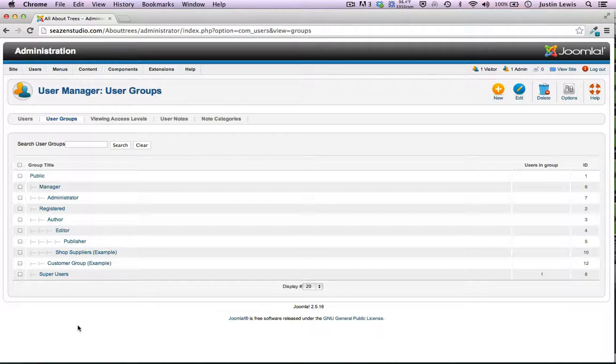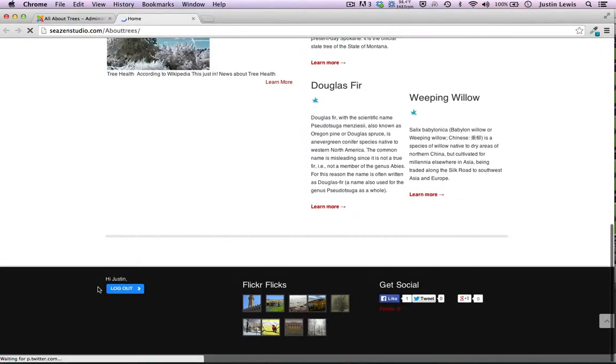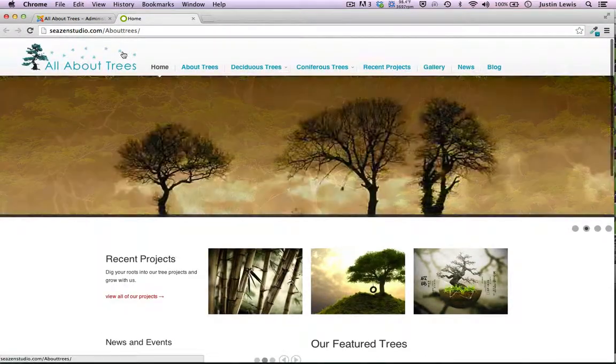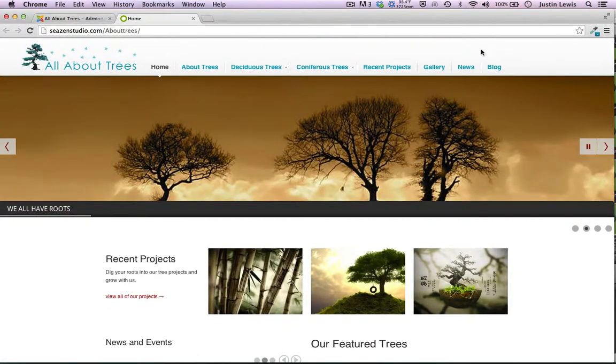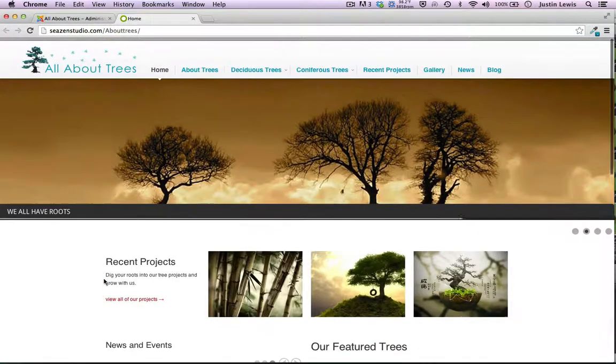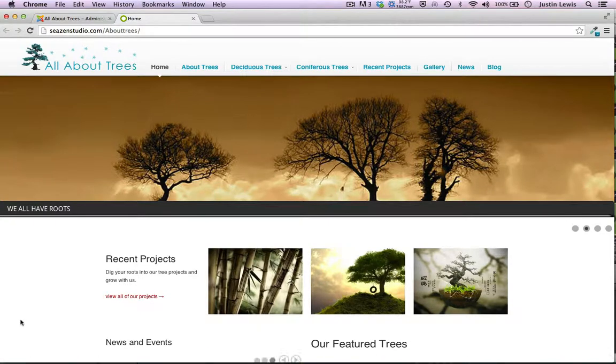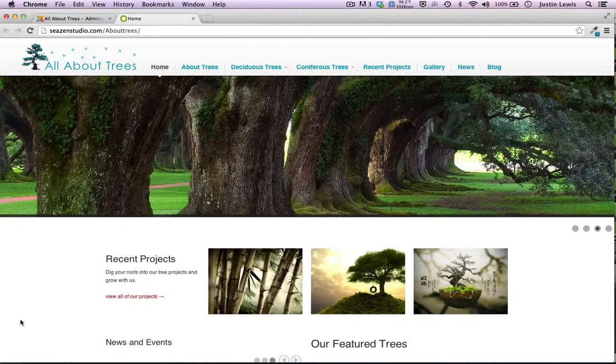But the one I'm concerned about right now is the registered user. If you remember on the front of the site, down at the bottom, what it actually said before was log in, username and password, and create an account. When you create an account, you have become a registered user. And that gave me the access rights to view the K2 blog that I've set up. So anyway, let's go ahead and look at how you set up the login module and how you enable user